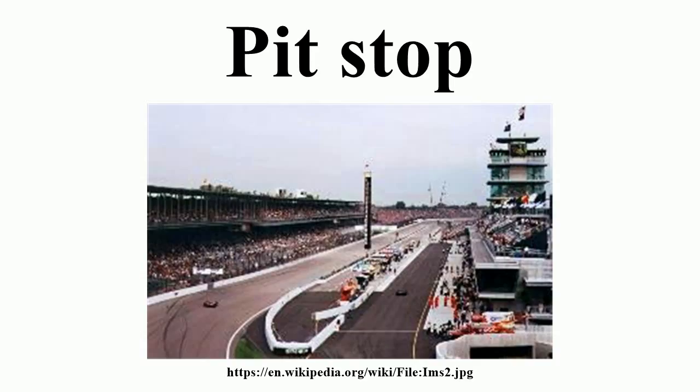Going longer between stops may even cause enough wear on the softer tire to cause the tires to fail. Because of this, race teams plan a pit strategy prior to the start of every race. This is a schedule for each car's planned pit stops during the race, and takes into account factors such as